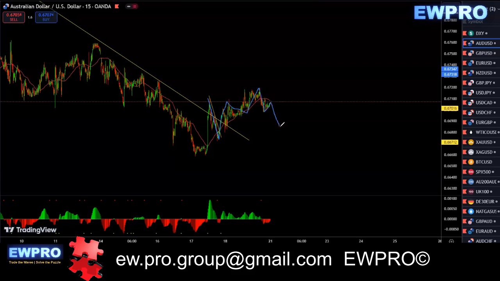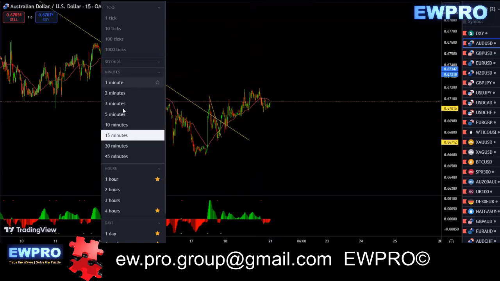So I wouldn't be surprised if we get an A, B, C in here, some sort of a flat before we get like an A, B, C. And ideally it turns motive. But yeah, at this stage, if you go down onto the lower time frames, it's more of a sell, a scalp,